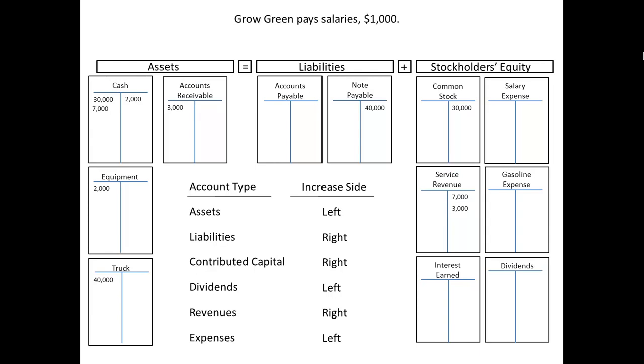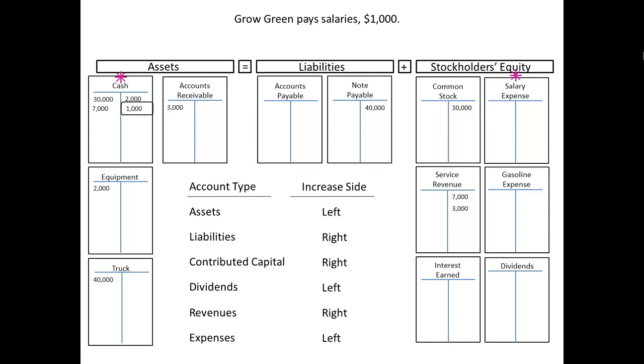Now Grow Green pays salaries. What accounts are affected? Cash and salary expense. For cash, what type of account is it? Asset. What's the increase side for an asset? Left. Did the transaction cause cash to increase or decrease? Decrease, since Grow Green paid cash. Since cash decreased, we'll record the $1,000 on the opposite of the increase side, that is, the right side of